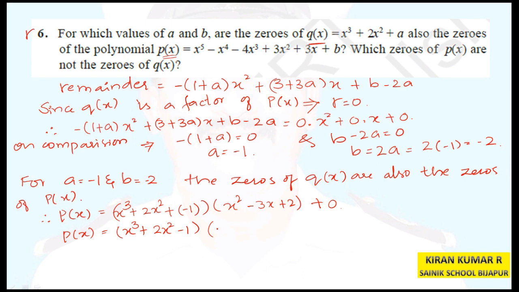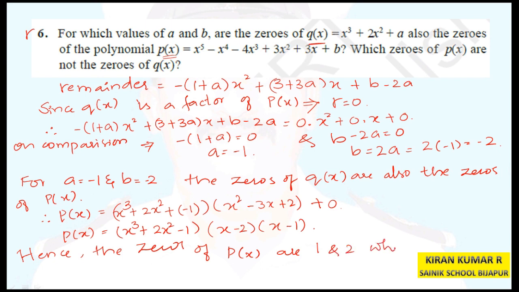So we will be getting its factors as x minus 2 and x minus 1. Therefore, we can conclude that the zeros of p of x are 1 and 2,